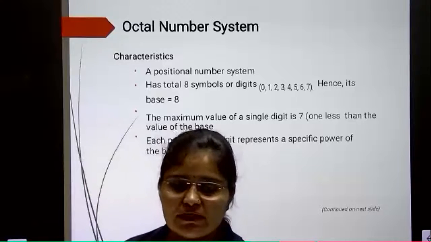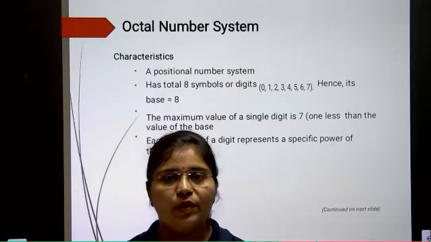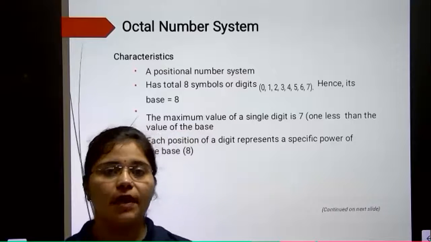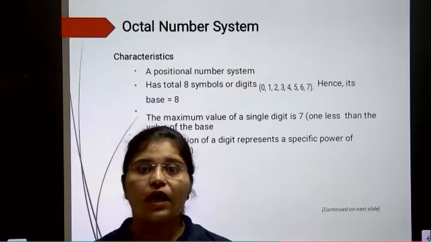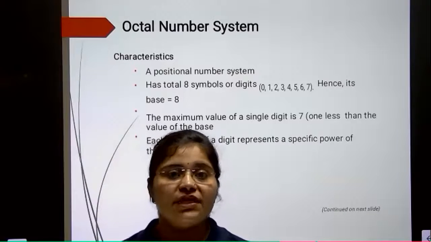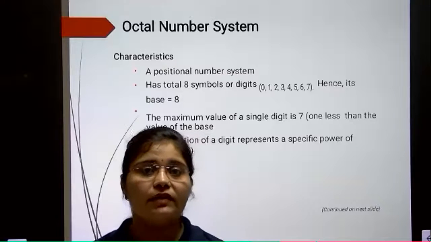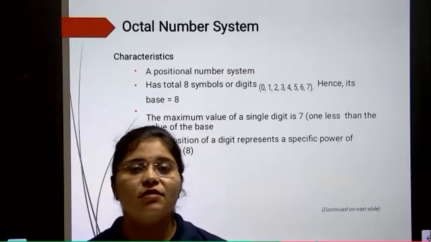Good morning, students. So in last class, we learned about number system, chapter 1 of your computer book. We practiced and learned about ASCII codes, the different number systems available, and how we can convert binary to decimal and then decimal to binary. All of this we covered in last class, and today we will continue with the next number system.